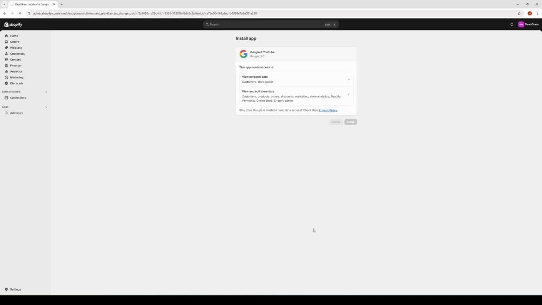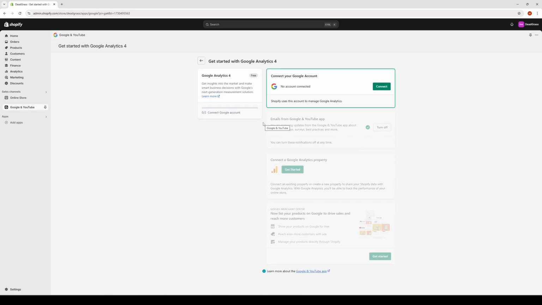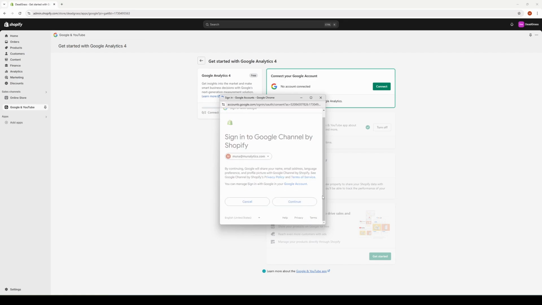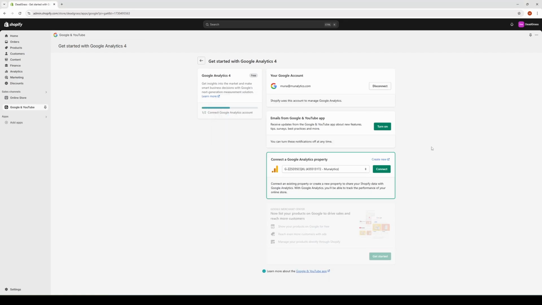Install the app, connect your Google account, and select the analytics property you want it to connect to. Click connect,